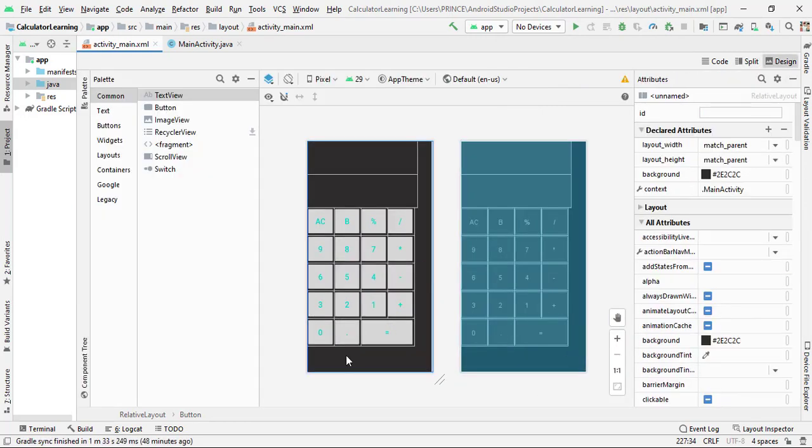Now we have to create two drawable resource files, one for the text view and one for the button, and apply those drawable resource files as the background of the button and text view. One thing is also left, we have to add a divider line between these buttons. And the last thing left is to change the text color of every button, because the text of every button is white and the operator colors are different. So this is a very minimal thing and we can do it very easily.